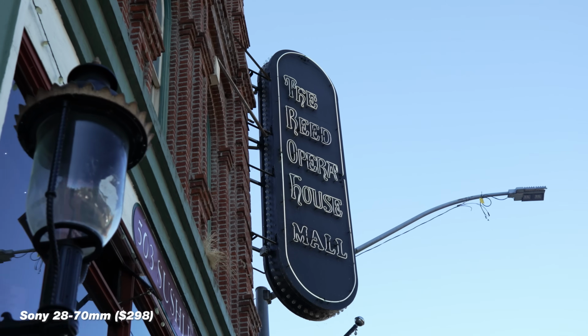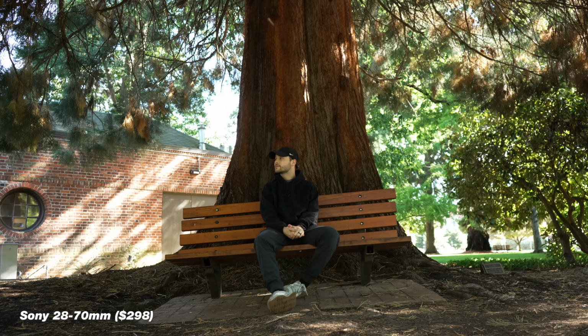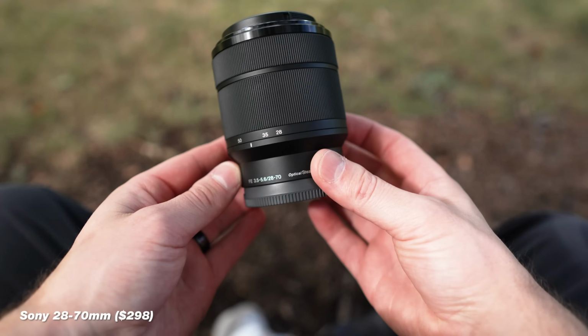And if you're a vlogger who likes to showcase your environment, not just yourself, right? You want to push the camera out and face the world and get shots of your environment. This is going to be a great option to get you a balance of different types of compositions with this nice zoom range. So overall, honestly, I actually like this lens, and I often make fun of this lens